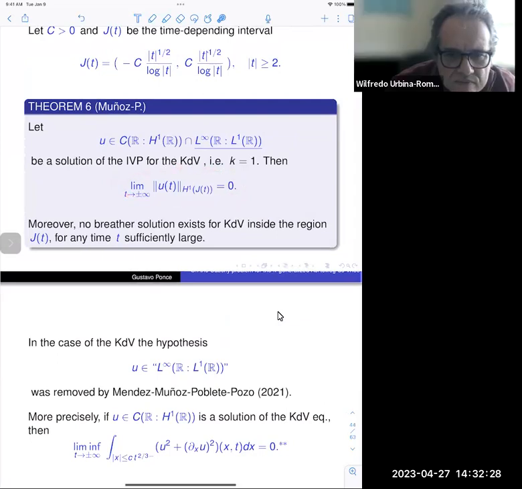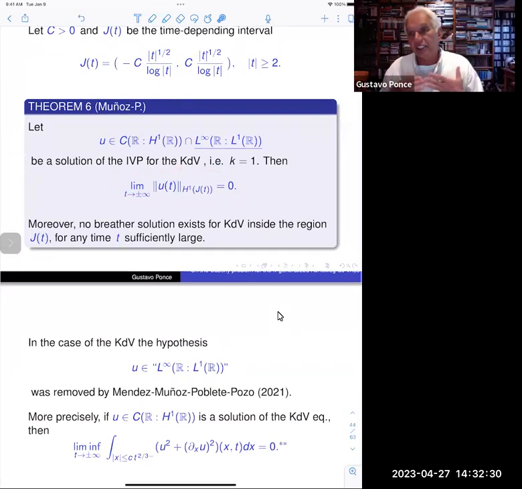Less than 1. If you move, because the traveling wave moves with a speed t, right? Then if you move less, it's like this. But